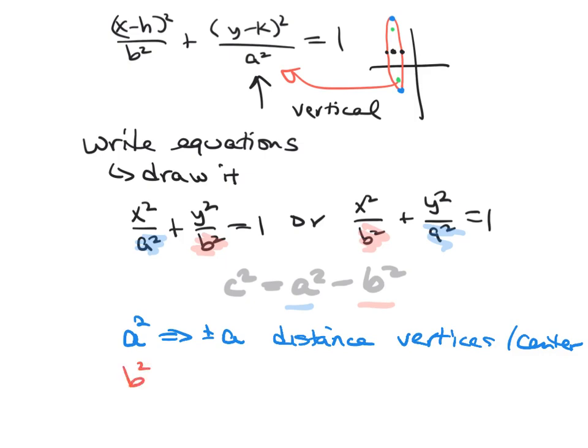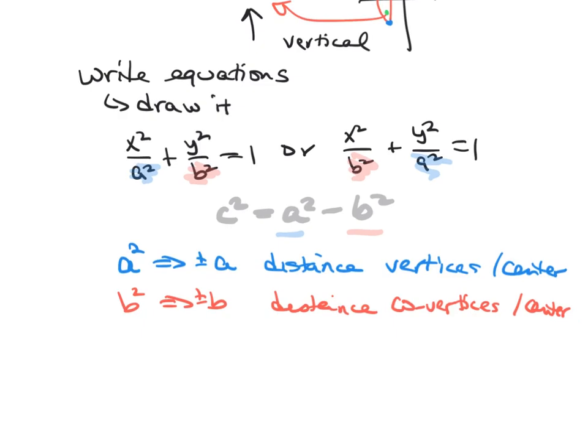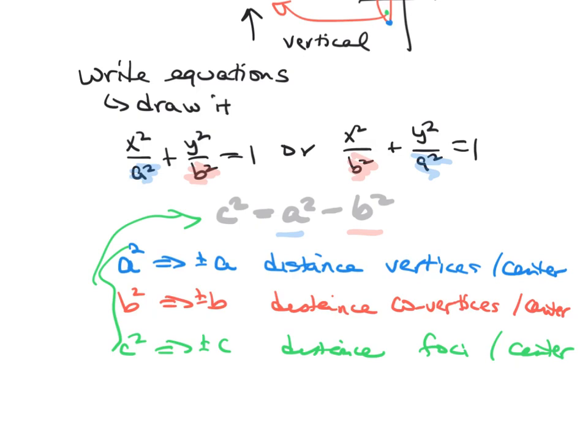Your b, that's the distance from the co-vertices to the center. And then if you have the foci, that'll be plus and minus c, and that's the distance that the foci are from the center. So again, you would have to probably use some form of this and then plug it in